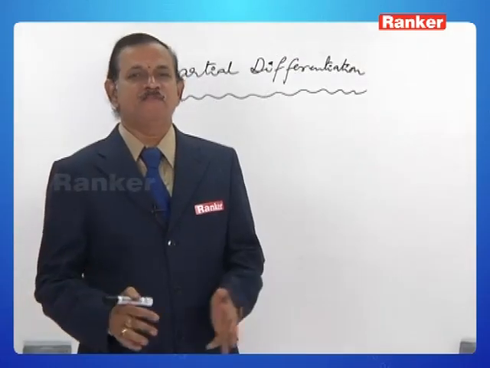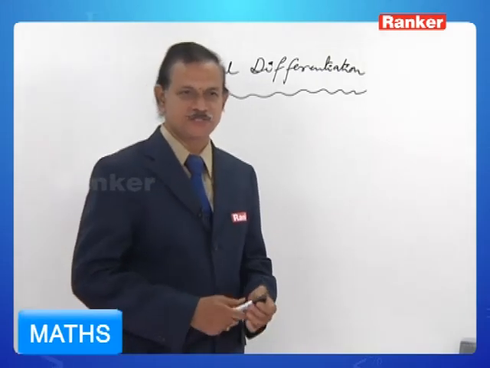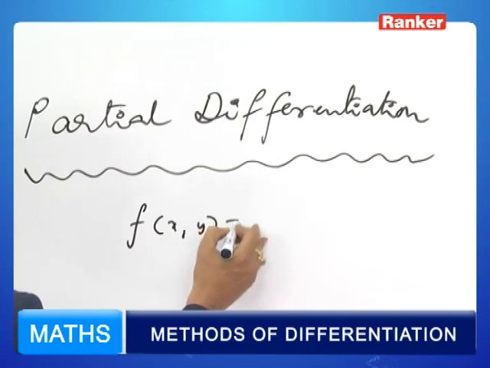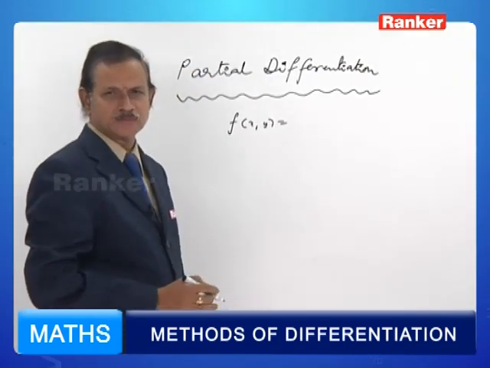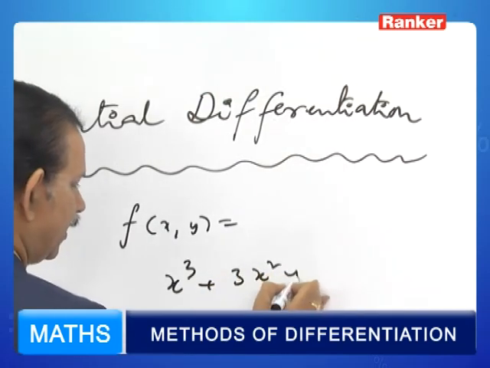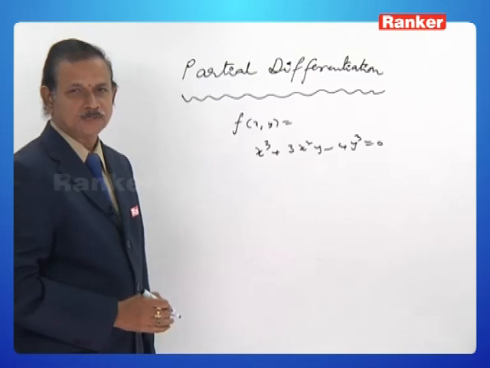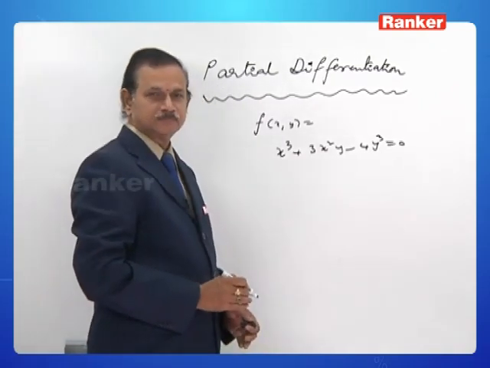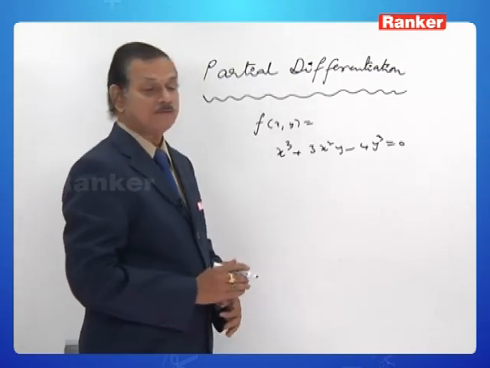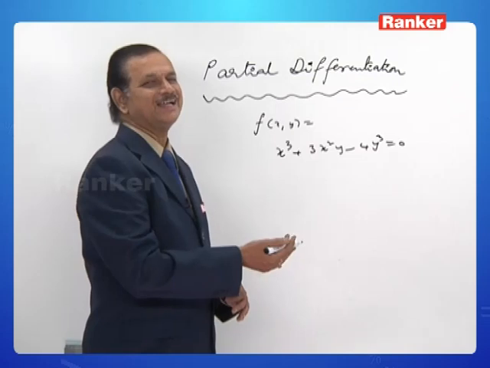Yes. Another wing of differentiation is partial derivatives or partial differentiation. Suppose there has been a function of 2 variables or 3 variables or whatever might be the number of variables. As an example, x cube plus 3x square y minus 4y cube is equal to 0. We cannot find the derivative directly, or it is needless to find. We have to find the derivative with respect to x keeping y as constant, derivative with respect to y keeping x as constant,